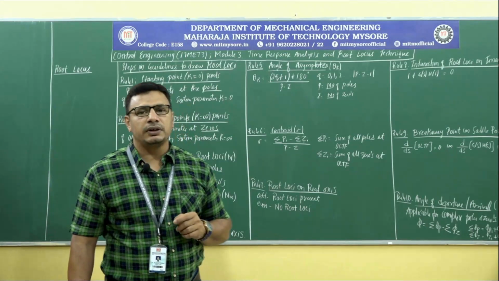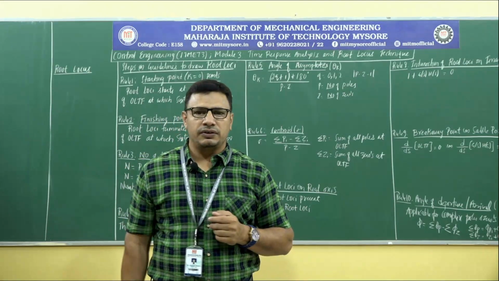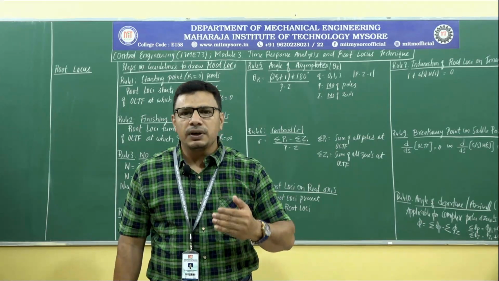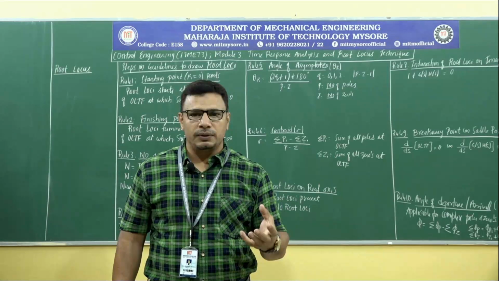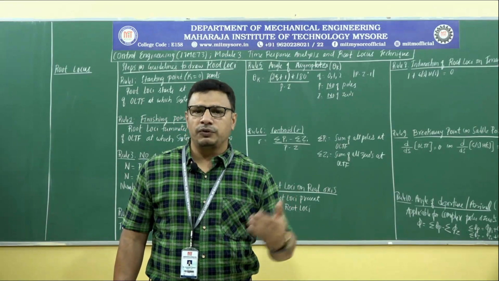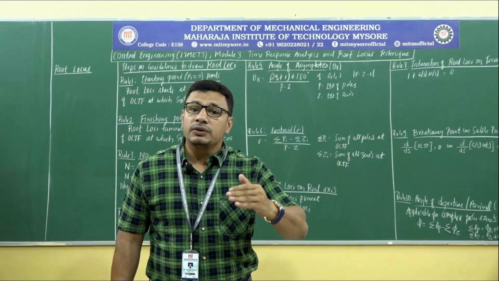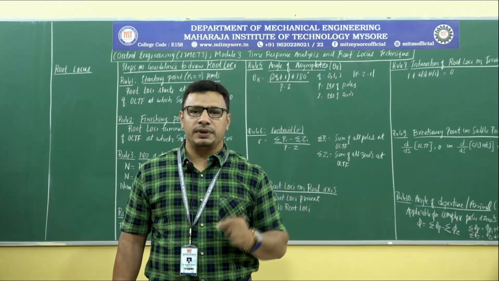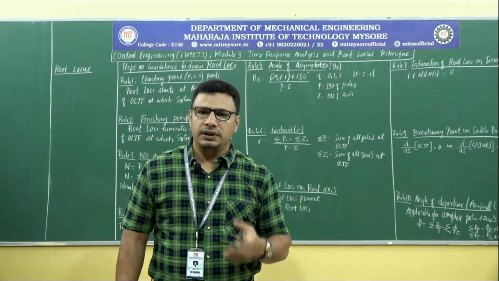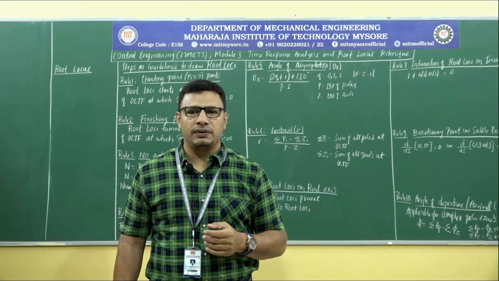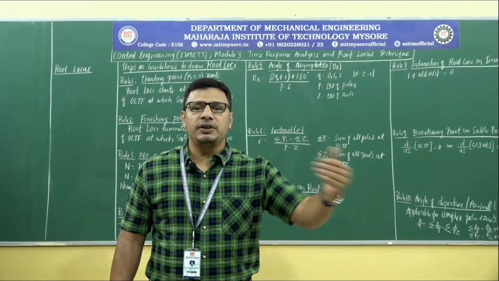Now, one important thing that is to be noted over here is, see, the number of branches of root loci for any given system will be equal to the number of starting points. How many starting points will be there? That means how many poles of open loop transfer function will be there, those many starting points will be there, and those many branches of root loci will also be there. Now, if in case there are say 3 poles, then obviously 3 branches of root loci will be present. Then for those 3 branches of root loci, there must be 3 finishing points also.